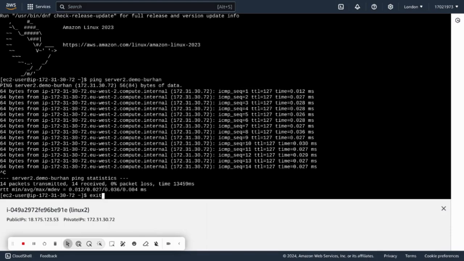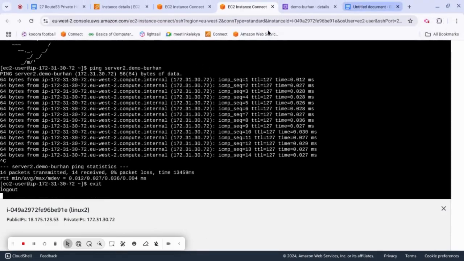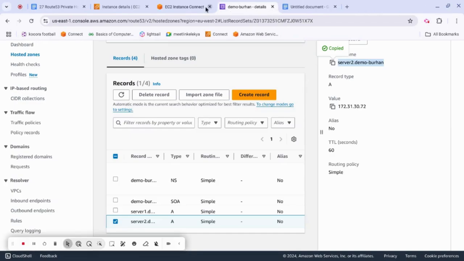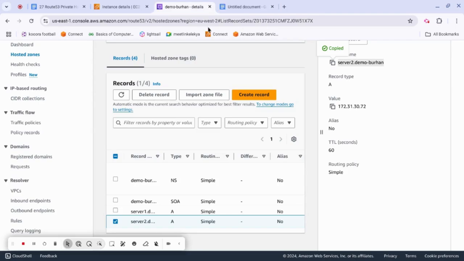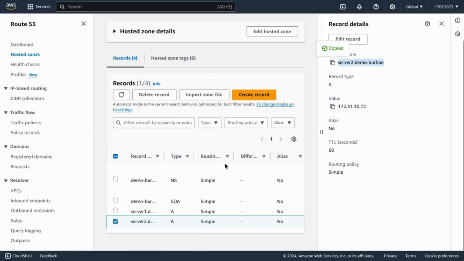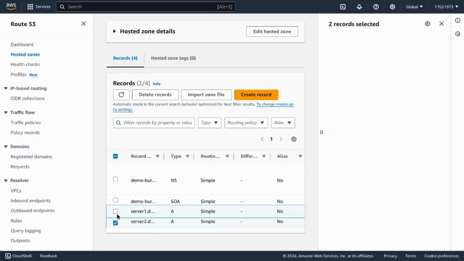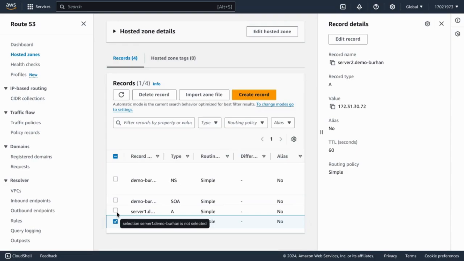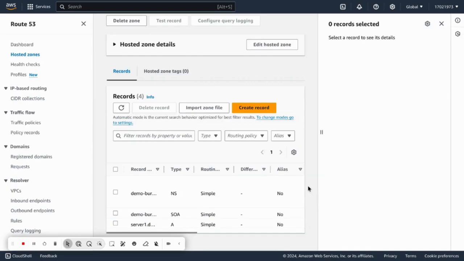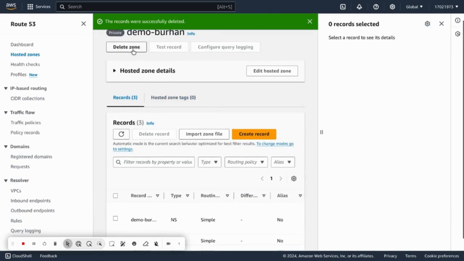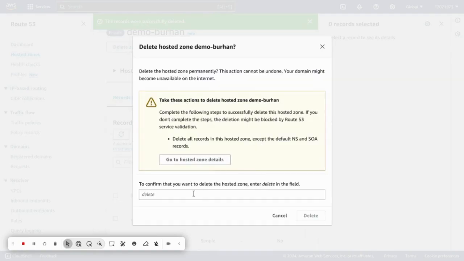We can exit and log out, and so the servers are done, connections are done, we've done what we're supposed to do. Now we are going to switch off everything, get rid of this, and we are here. 2 things we need to delete: server 1 and server 2 records. Click on those. Okay, and delete the record. Confirm the deletion. Now we have to delete the hosted zone. Delete the zone, type in here delete,